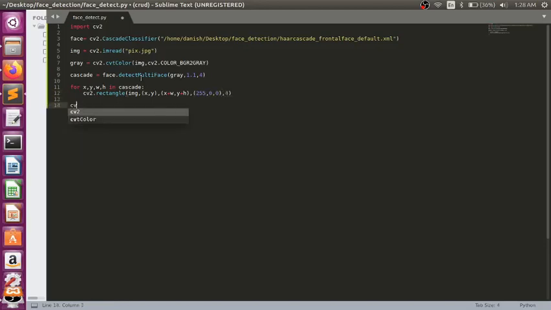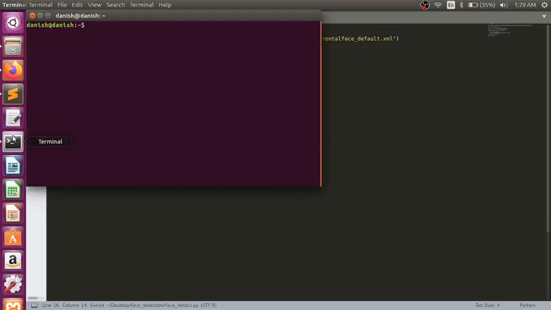Show that image by using cv2.imshow. The name of the output window will be output, comma, img. I'm using waitKey to pause the screen for some time. We'll save that and go to the command prompt to run that program.